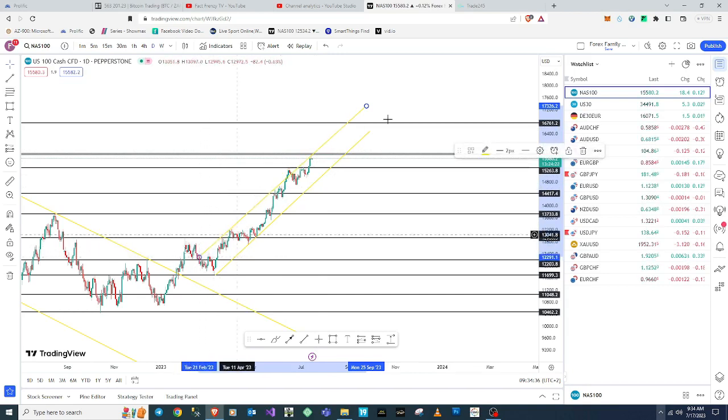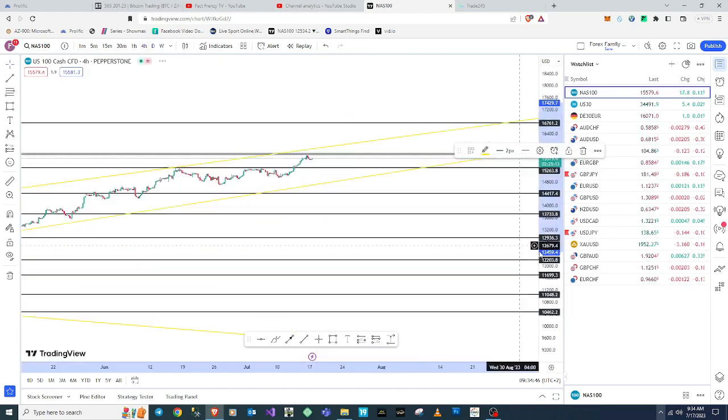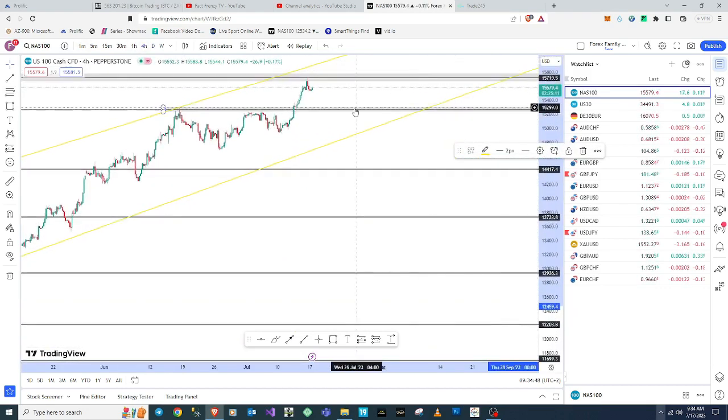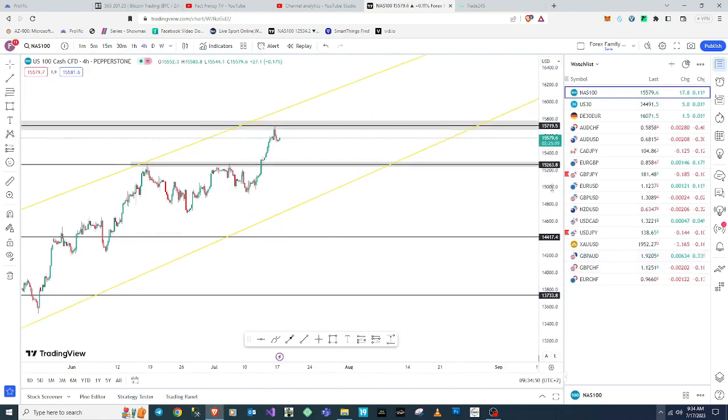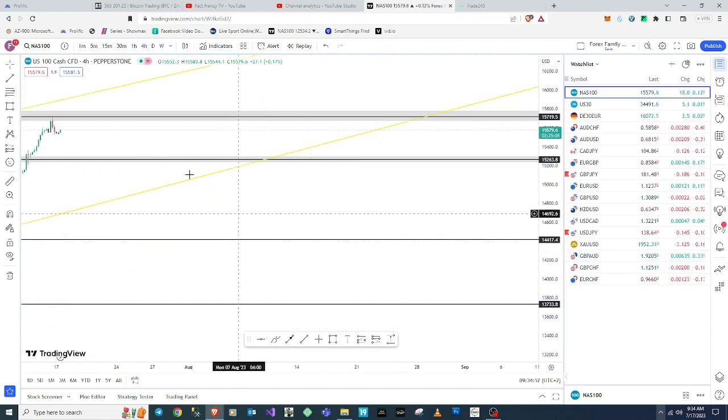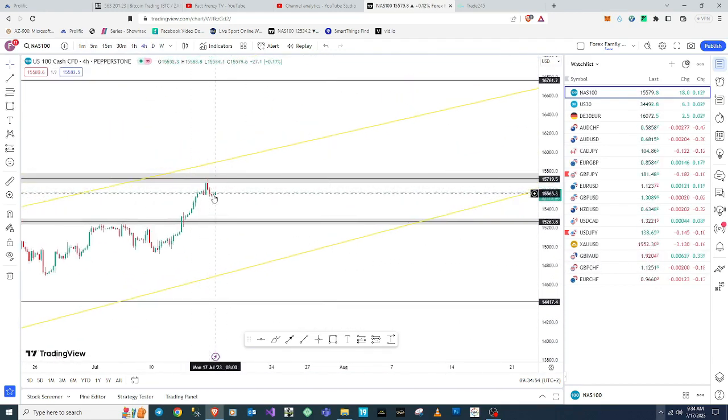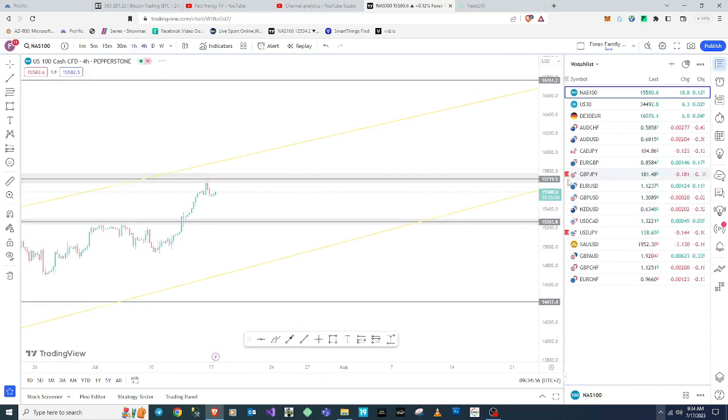We can even try to put it here. If we put it here, it's even going to be much wider. But yeah, I like it to be somewhere here. And then yeah, let's basically see what's happening. I'm gonna move to H4, which is a lower time frame from where I am right now. So basically from H4, this is what we see. When, let me just go to H1 because